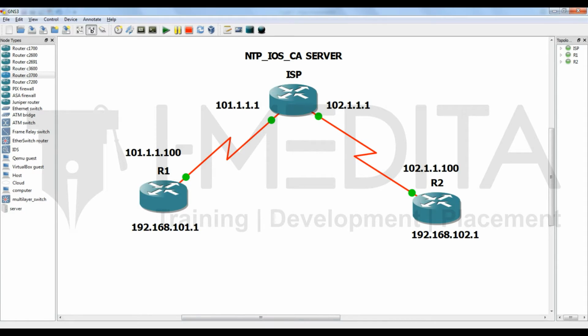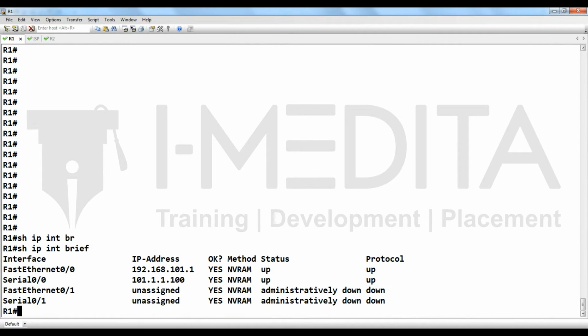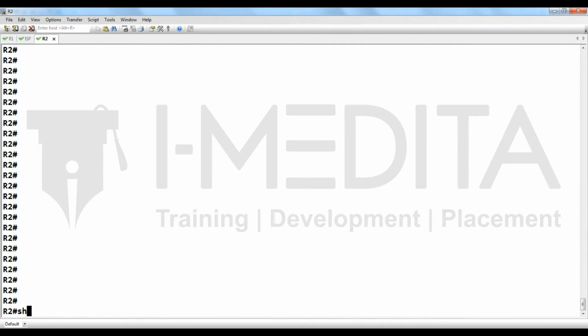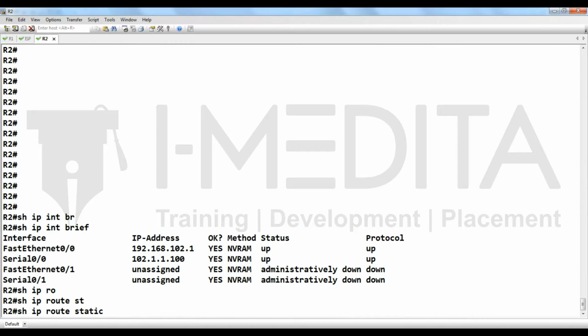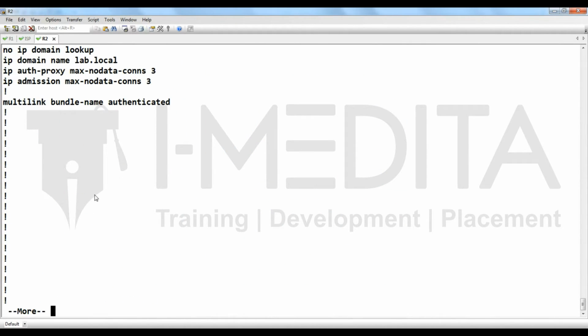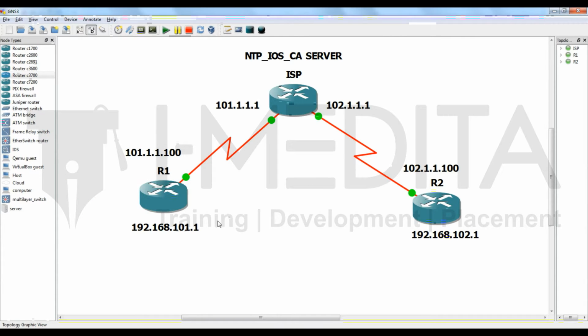Now let's talk about the IP addresses. IP addresses are the same: show ip int brief, show ip route static. You can also check whether anything was configured previously. Nothing. Apart from IP addressing, nothing is configured.